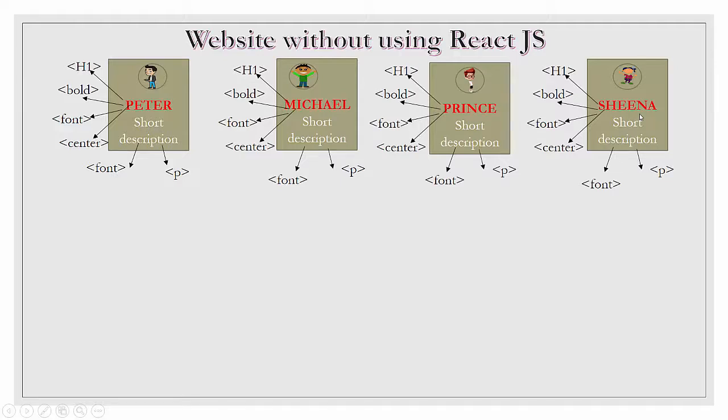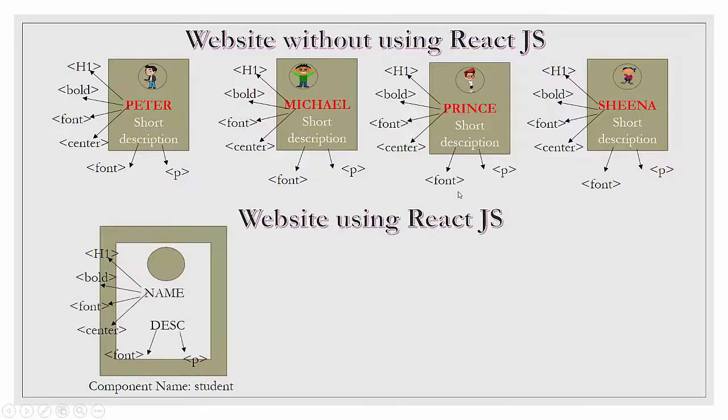All right, so this is the problem if you are required to design a web page without using React.js. Now consider the example where we are using React.js to do the same thing. If you're using React.js, what you should first do is create a component and give a name to the component. Let's say the component name is student, and you provide the required attributes. Let's say I have two attributes defined in this component called name and description, where name is given these elements: h1, bold, font, and center, and description is given font and paragraph tag. So you are defining the structure of name and the structure of description in this component, which is named